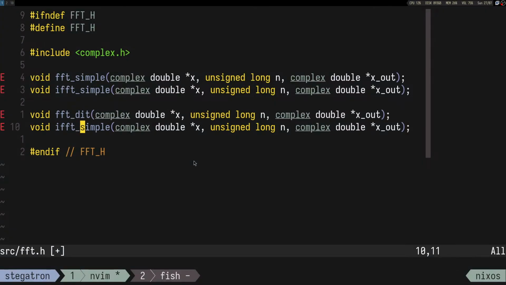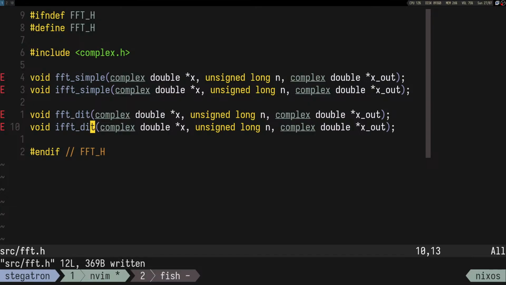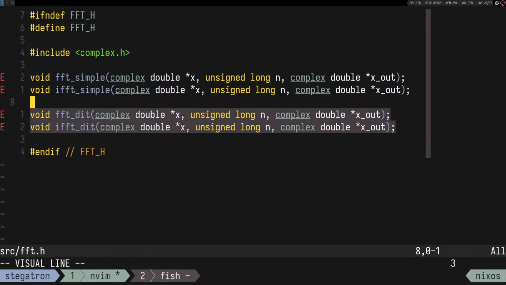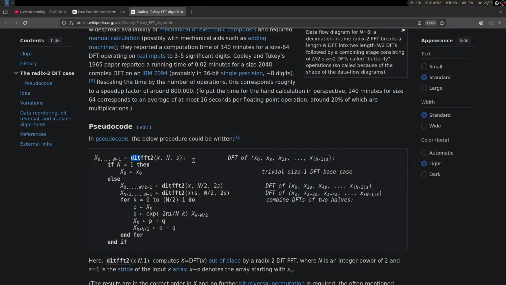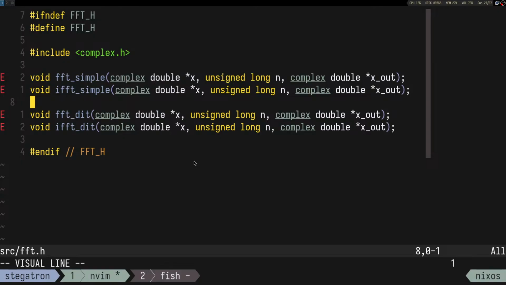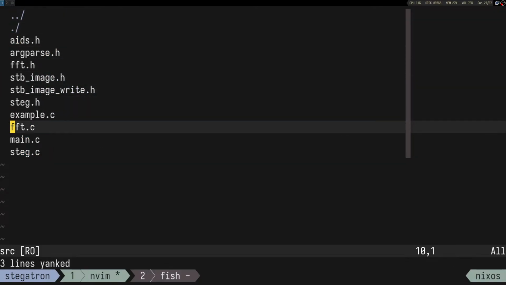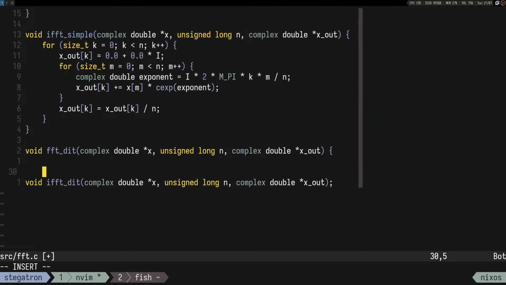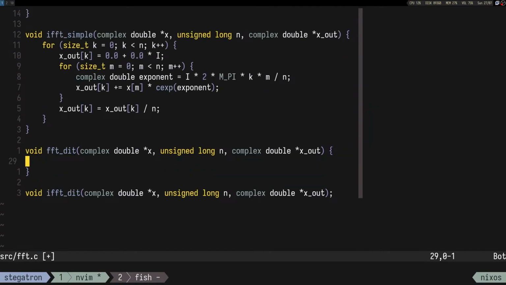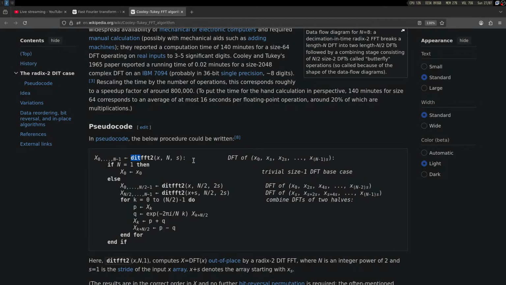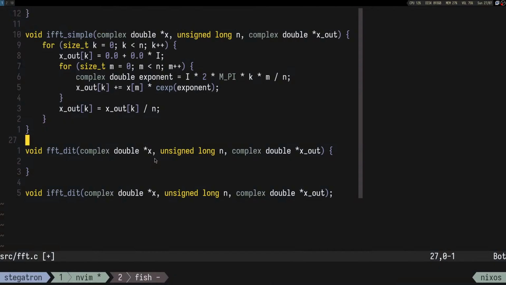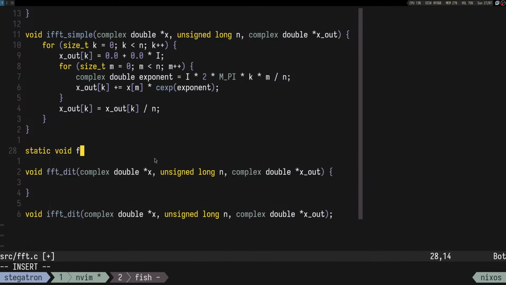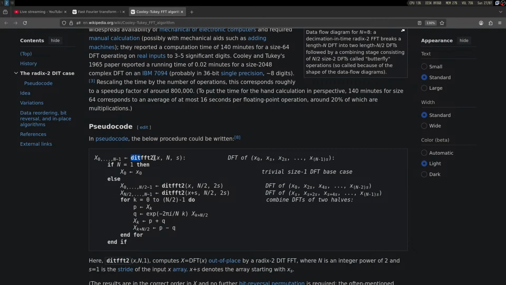So it's fft dit and inverse fft dit. The signature is going to be the same, right? And we are going to implement some helpers in the C file. So we have these two, fft dit, and then let's say we have something like static void fft dit helper,